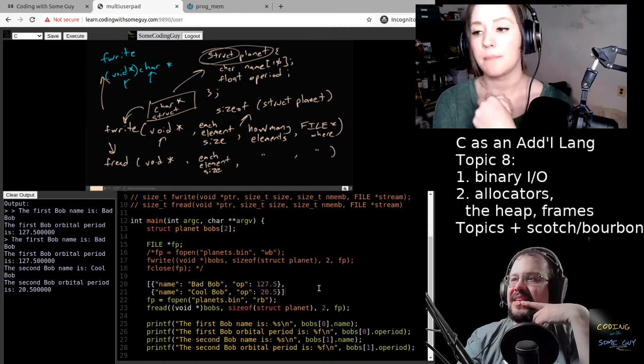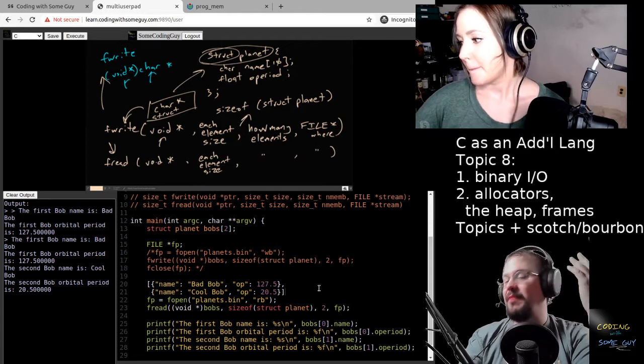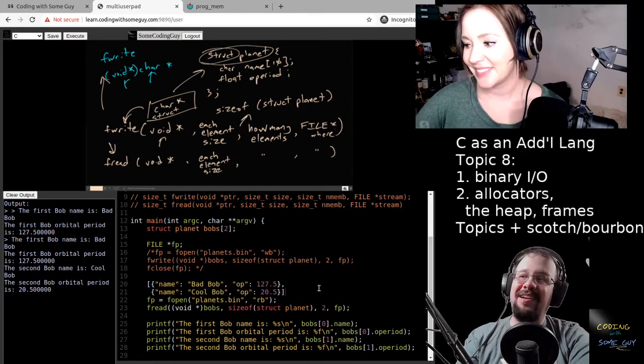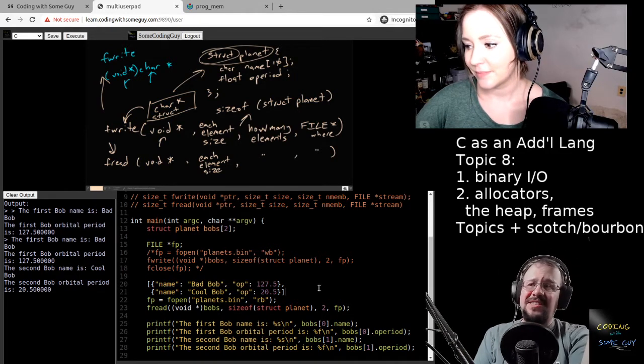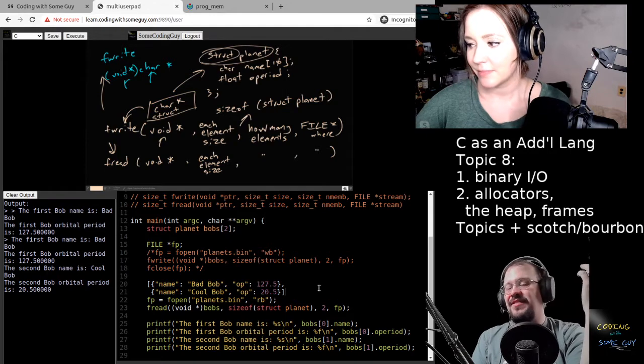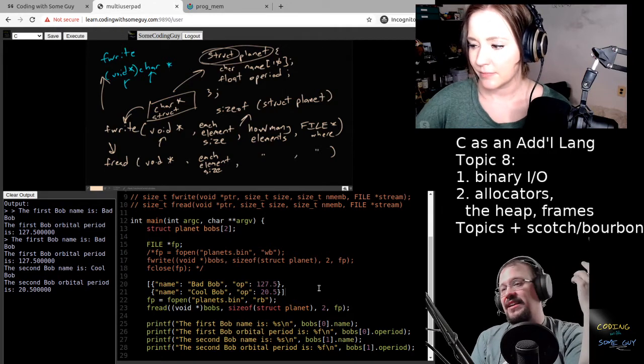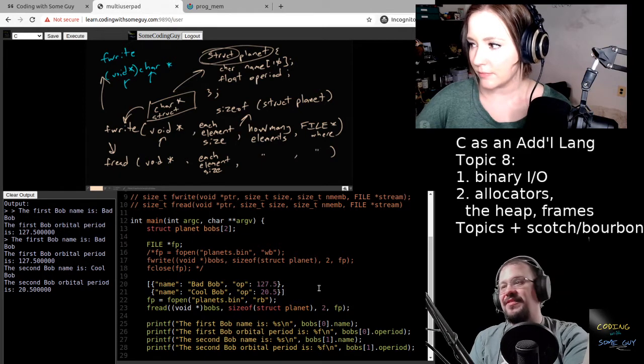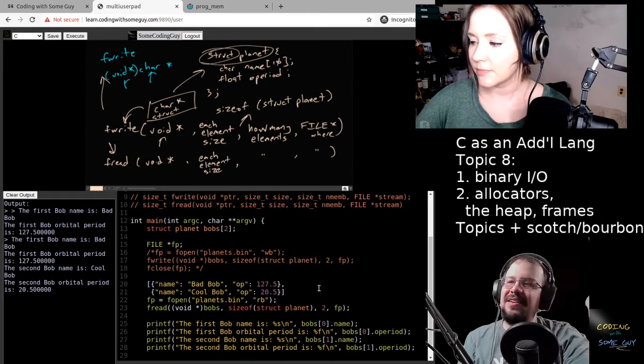Yep. Okay. Yeah, C deals both with the case where you want people to be reading the data and when you don't want people to be reading the data. So you may or may not include a data description. And there's different ways of specifying data descriptions, right? You could specify it in EBNF, you could specify it like an RFC, you could specify it as a protobuf, there's like a million different options.